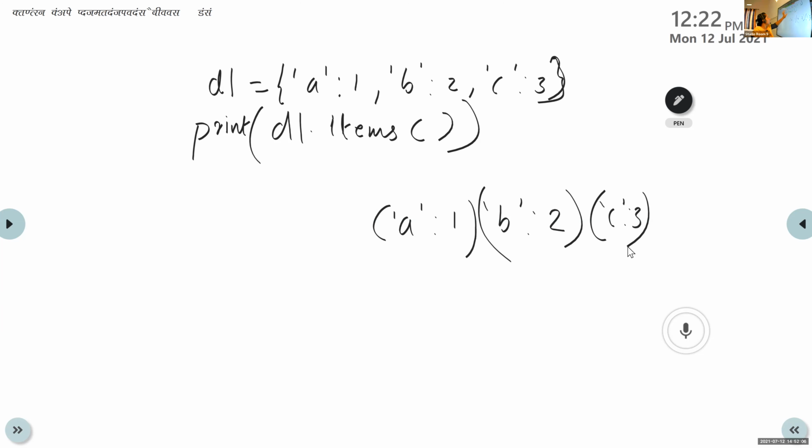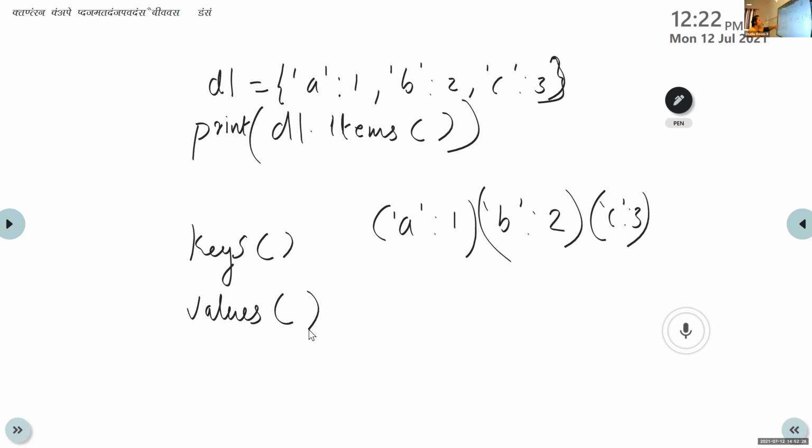In the case of keys, we are using the keys function for displaying all the keys simultaneously. And the values function is for displaying all the values in a dictionary. But the items function is used for displaying all together, that is keys and values.